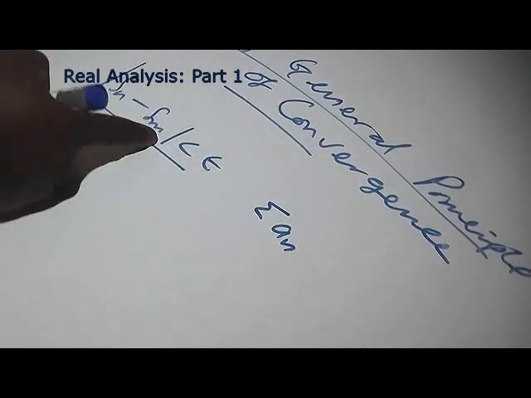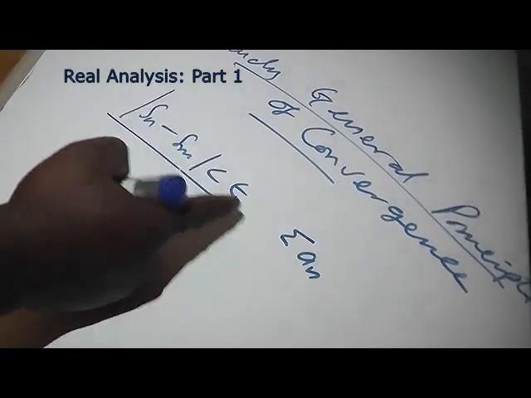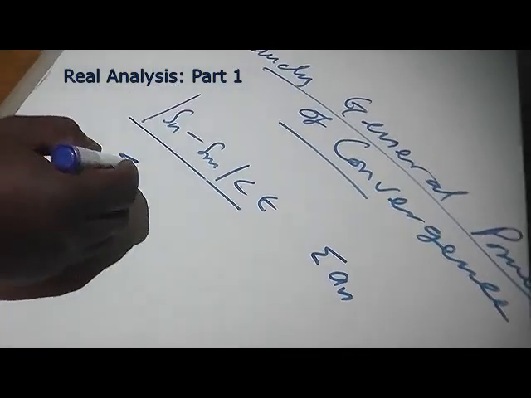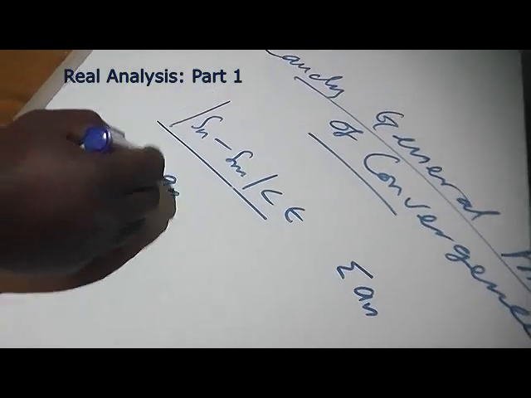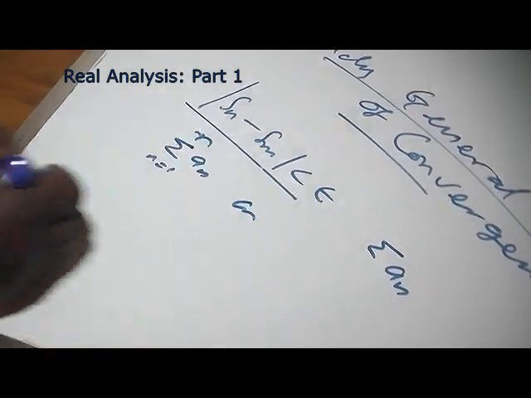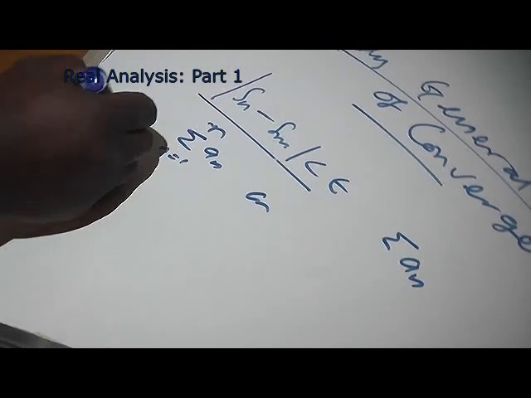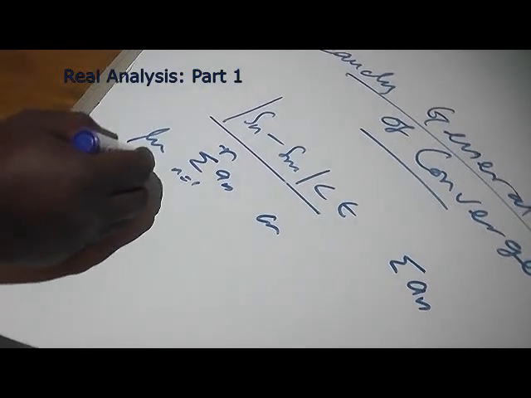Now, if the partial sum converges, Sn converges to S, then it means the summation of n from 1 to n converges. And after taking the limit as n tends to infinity,